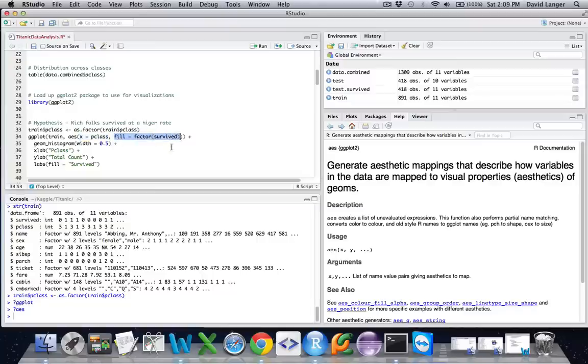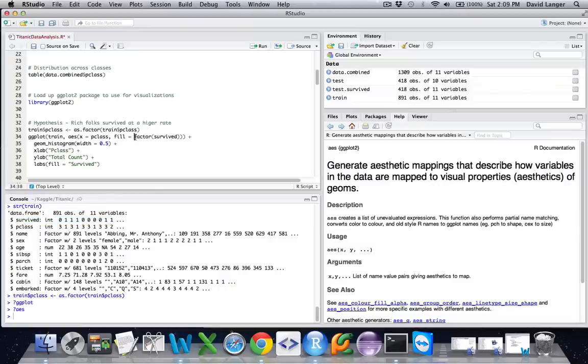But the fill variable is optional, and it's going to be helpful because what we're going to say is, look, color code the resulting plot based on the survived variable. Now, as you see down here, survived actually isn't a factor because we haven't converted it yet like we did with the combined frame before.